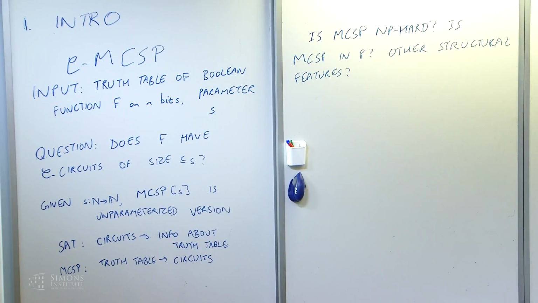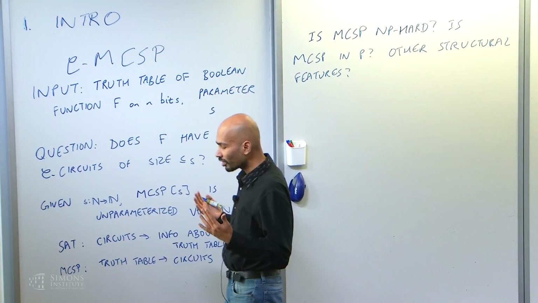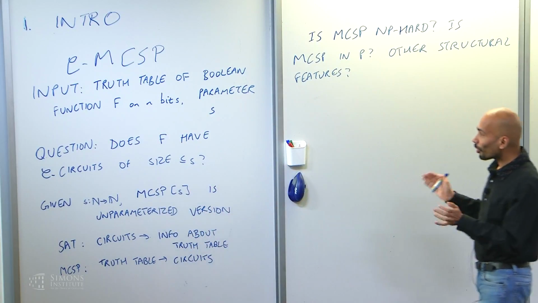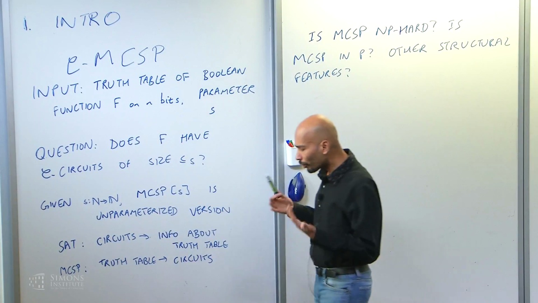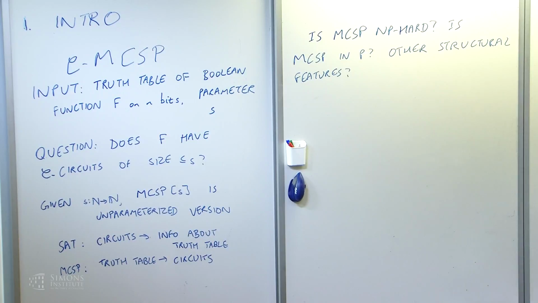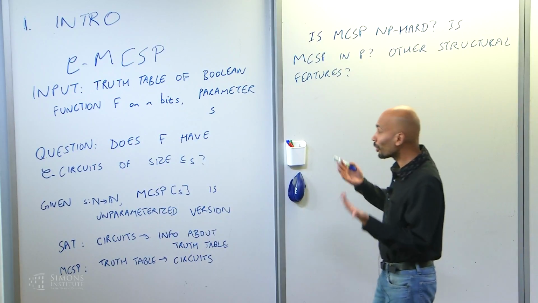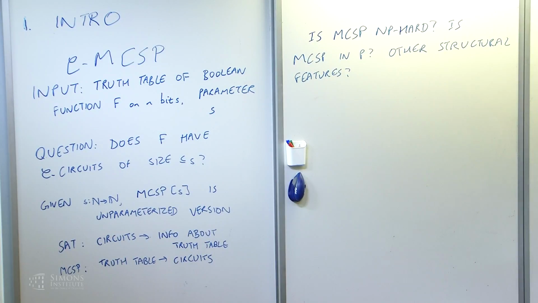Okay, so we've seen that MCSP is in NP, and as Avishai said, it's even in FPT. But is it NP-hard? This is somehow the central question about MCSP, and I'll be spending the first part of my talk on the possible NP-hardness of MCSP. It seems that there's no way of solving MCSP without looking at all possible circuits. We don't really get much information from checking whether some circuit solves it; if it doesn't, we don't get information about other circuits. So it's unclear how to solve MCSP better in exponential time, but that's just a very naive approach, and maybe there are more clever ways of doing it.